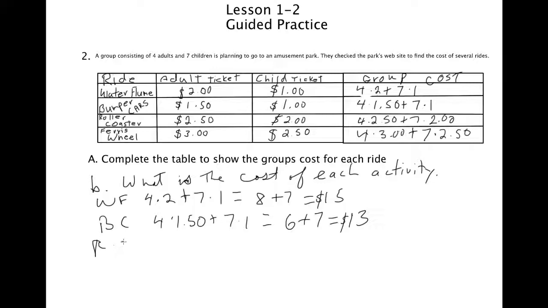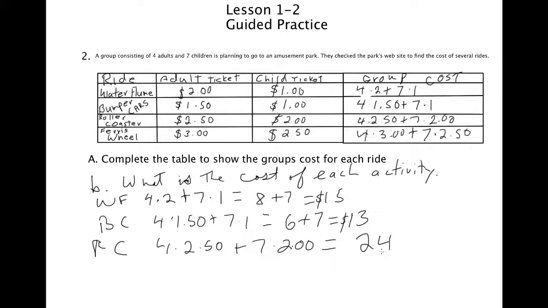And the roller coaster was 4 times 2.50 plus 7 times 2, equals,